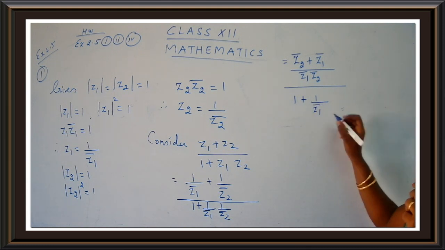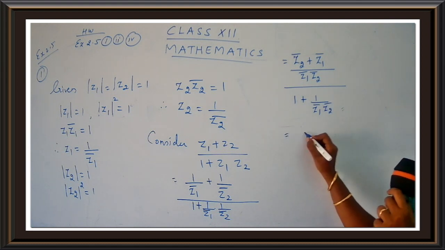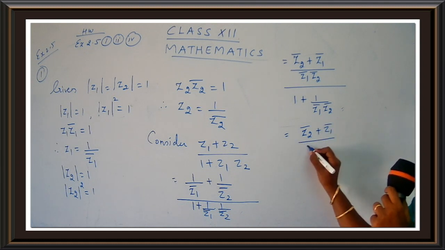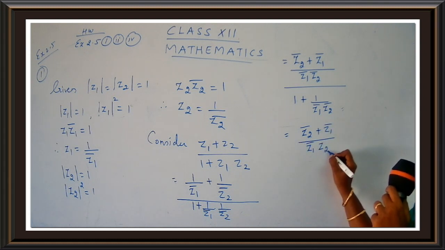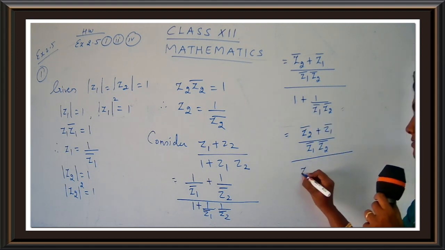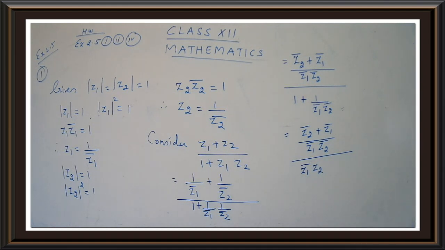So let's simplify this again. I get Z2 bar plus Z1 bar upon Z1 bar, Z2 bar upon. Again cross multiply, same manner. Z1 bar, Z2 bar. You would see only Z, Z, Z. We never use the word Z in our alphabet, children. Letters that start with Z are very rare. But see here, we are just going on using Z, Z, Z, Z, yes.